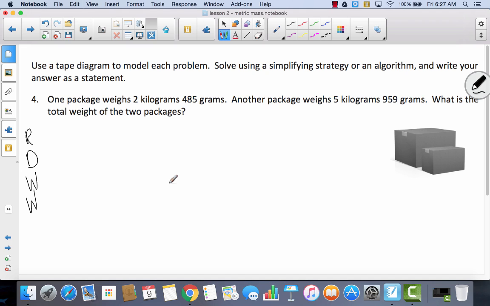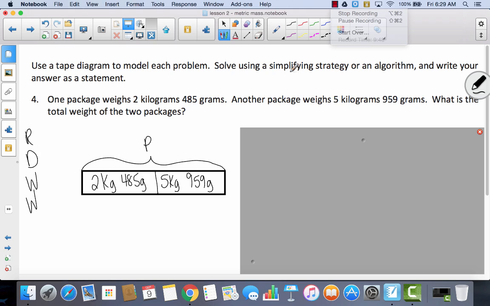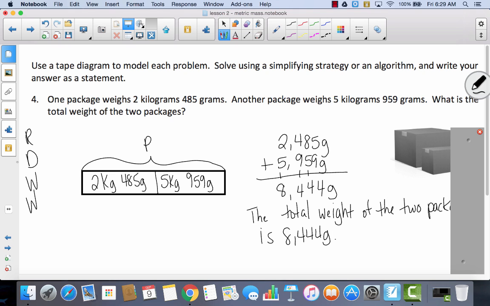I bet you could go ahead and draw a tape diagram and solve this problem all by yourself. I'd like for you to pause the video and try to do as much of this problem by yourself as you can. If you get stuck, press play and I'll explain it to you. Okay, so this is how I set up my tape diagram. I had two packages and I was trying to find the total. So when I have two parts and I want to know the whole, then I'm going to use addition. So when I added these two together, I converted both of these weights or masses to grams, and then I got 8,444 grams. So I wrote my sentence, the total weight of the two packages is